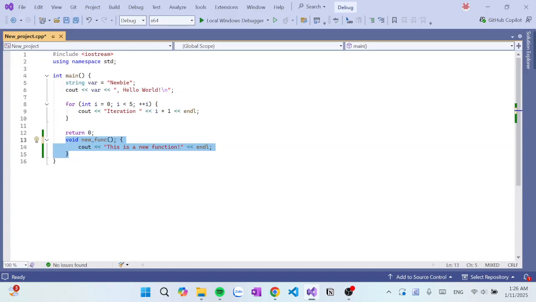Sorry, let's say I create a new function like this.